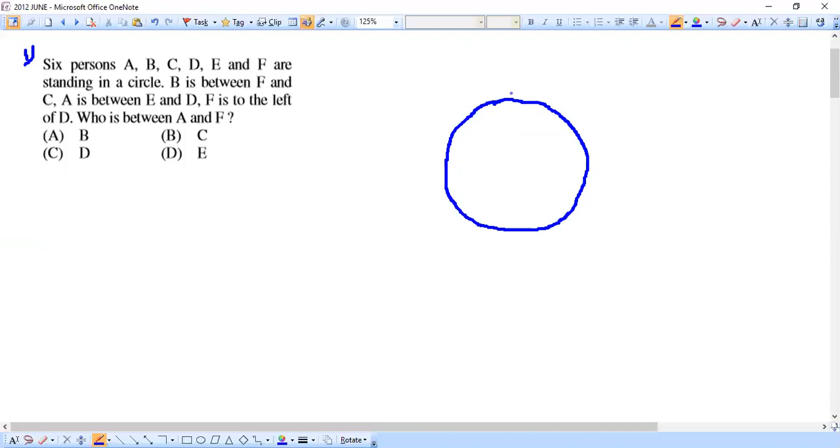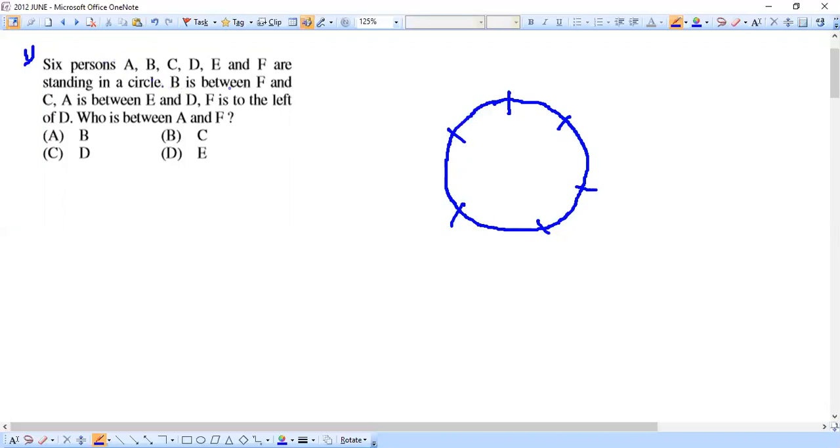So that means let's just mark some 6 positions here. 1, here 2, then 3, then 4, then 5, then 6. Let's have it like this. Okay, I've just roughly drawn these members. So there are 6 people here and they are going to be seated like this. And yes, now let's go see the conditions, the way how they are sitting.